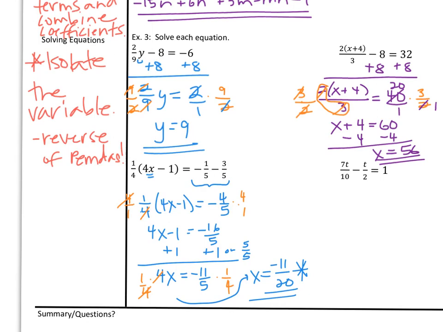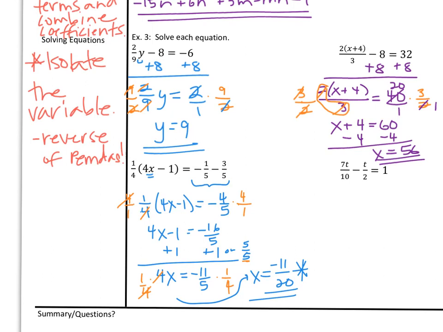On that right-hand side, the first thing I did was simply combine like terms. Recognizing that that 1/4 could be moved to the other side by multiplying the reciprocal, I did that second. Now, if you choose not to move that 1/4 over, you could distribute it in. You'd still have to deal with some fractions, but end up with the same answer, and that is absolutely okay. But what I did was simply eliminate the 1/4 on the left-hand side by multiplying each side by 4. Then I had 4x minus 1 equals negative 16/5. If I moved the 1 over by adding, I had to get a common denominator, and that's where that 5/5 comes in. I took negative 16 plus 5 and got